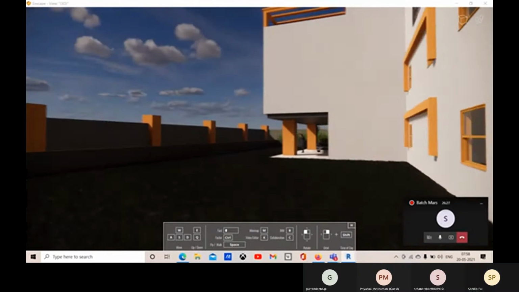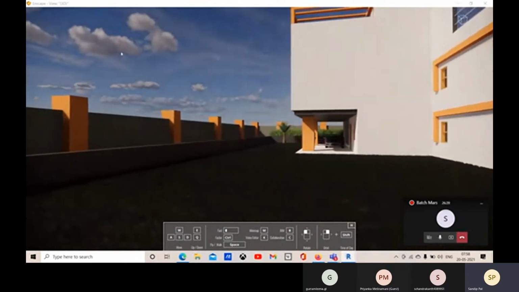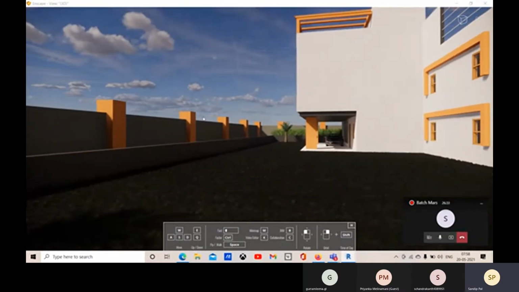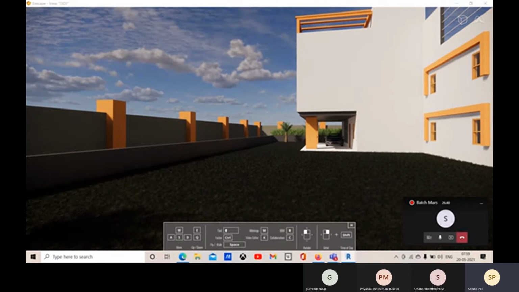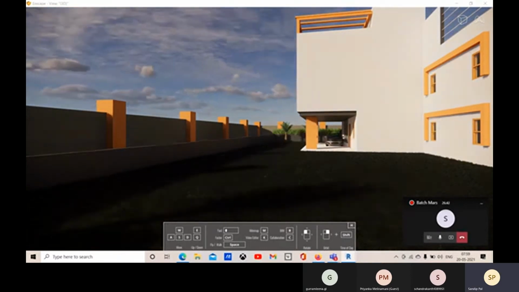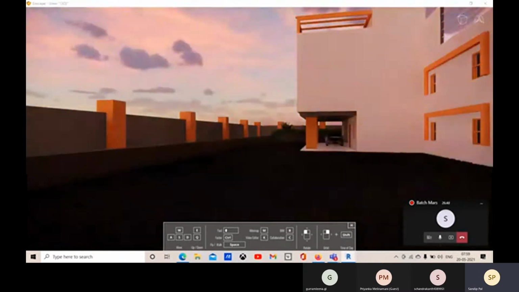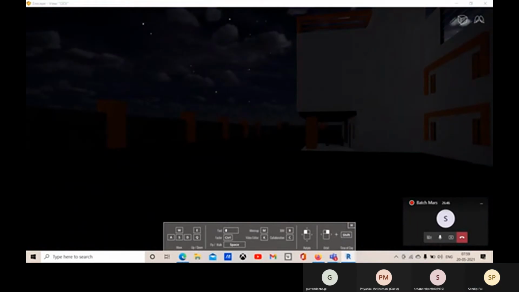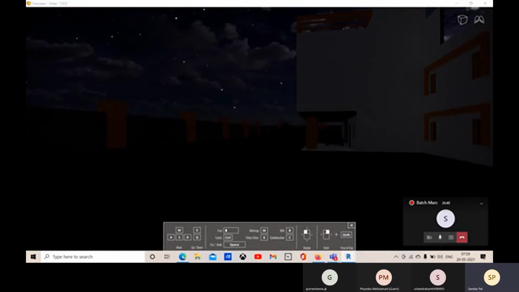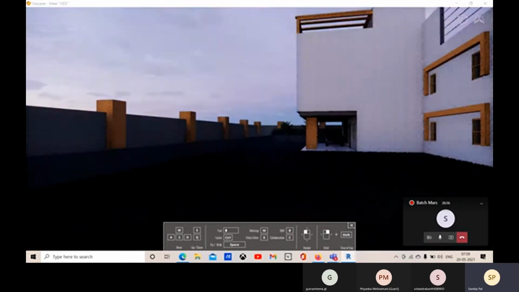Now suppose you want to change the time of your scene. For that, hold right click and shift and then move your mouse towards the left to go backward in time. If you want to move forward in time, hold shift and right click and move your mouse towards the right side.